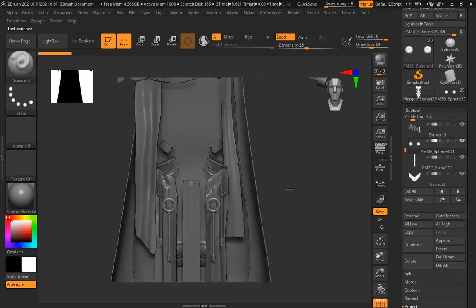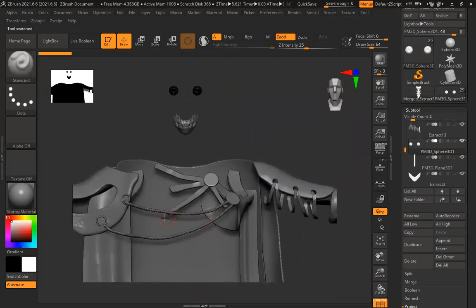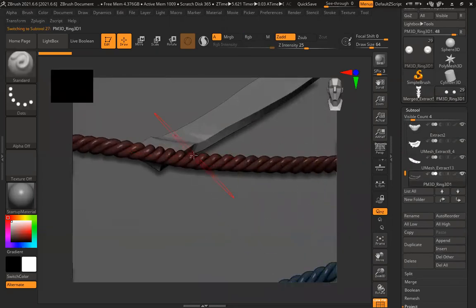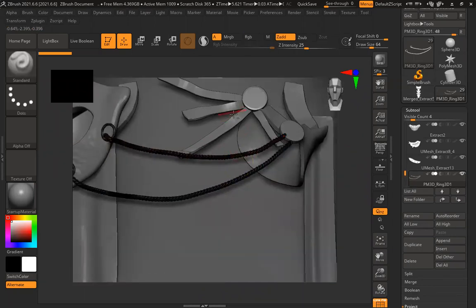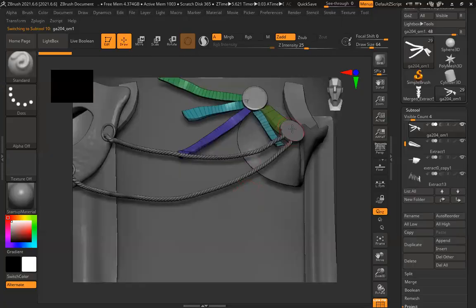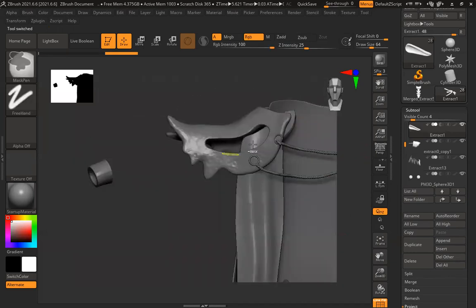There are a few things like this one. This one I have to retopo. There is no other way, because you can see it's very dense. I cannot use it. So what I'll do is export this model. I'll create a cylinder, and snapping to this shape, I'll follow this line and create a cylinder. That's it, and it will bake directly. And this, I believe I have exported already. Yes, so I can just simply delete this.